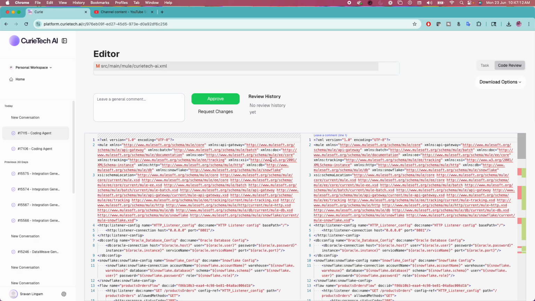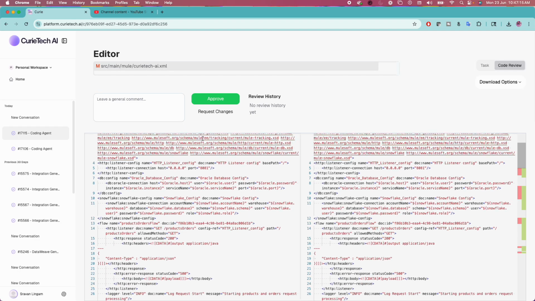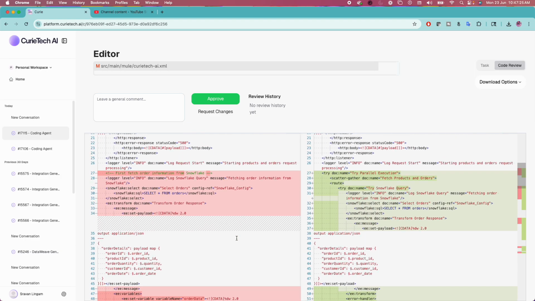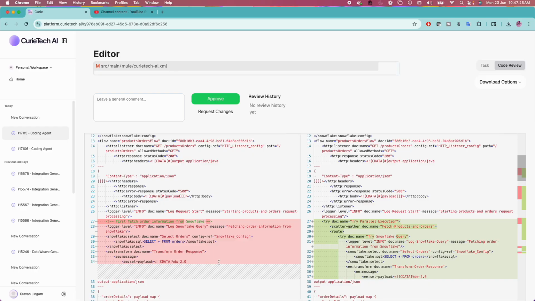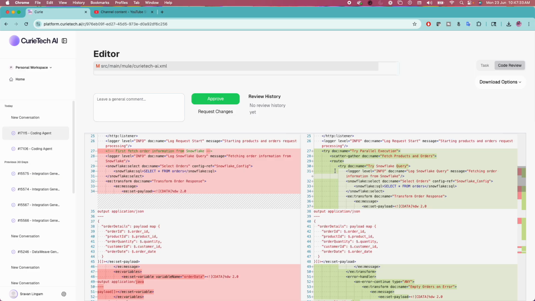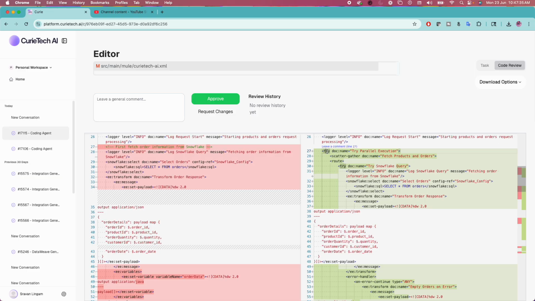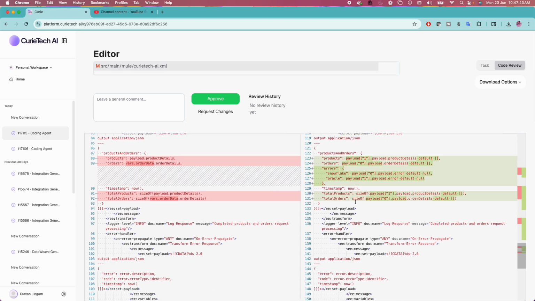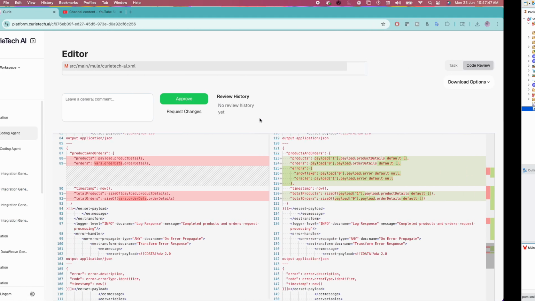Now you can see that it has taken some time, but yes, it has generated it. The time depends upon what kind of prompt or change you are requesting. You can see this part of the code has been changed, and as I said, it should skip if there is an error. So it was kept under a try block, and we have scatter gather now. I would like to copy everything and paste this flow inside my CurieTech AI.xml